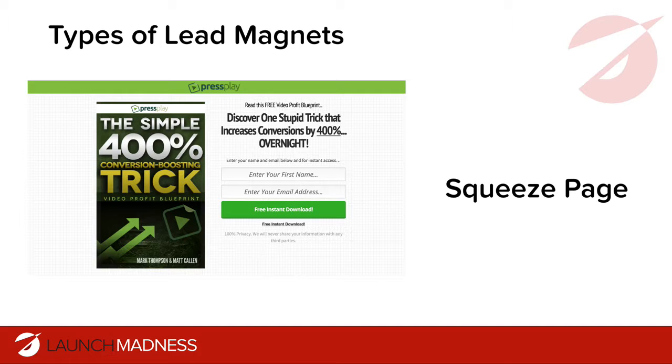We also kept it very targeted to just one thing, right? The more generic, the more general your lead magnet is, the less it's going to convert. Okay, so if I just said, conversion boosting tricks, right, and that was it, that's not going to convert as well as saying, hey, this is one simple 400% conversion boosting trick, right? If people are hearing that, they're like, wow, it's one thing. I need this. I want to know what that one thing is, right? It spikes their curiosity and it makes them want to download, right? And so you see that on the e-cover, you see it on the headline,